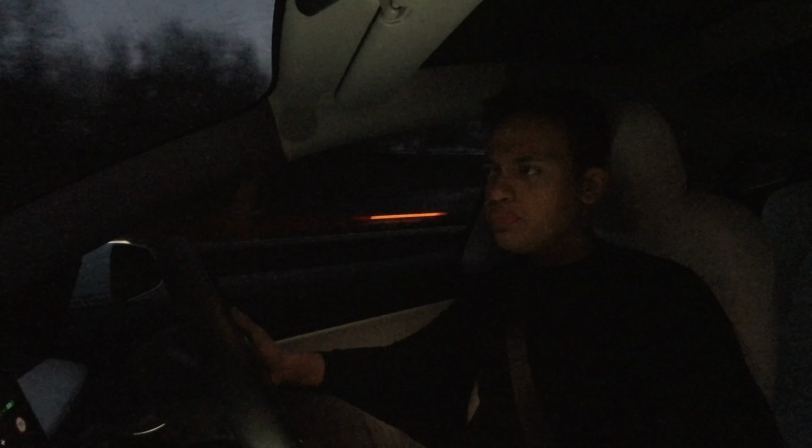There were a couple of times where the autopilot feature decided to not function because it came up that multiple cameras aren't functioning correctly. But then, give it a little bit of time, and once the rain clears, it's actually all right, to be fair. At the minute, I've got 202 miles left, which is about right,